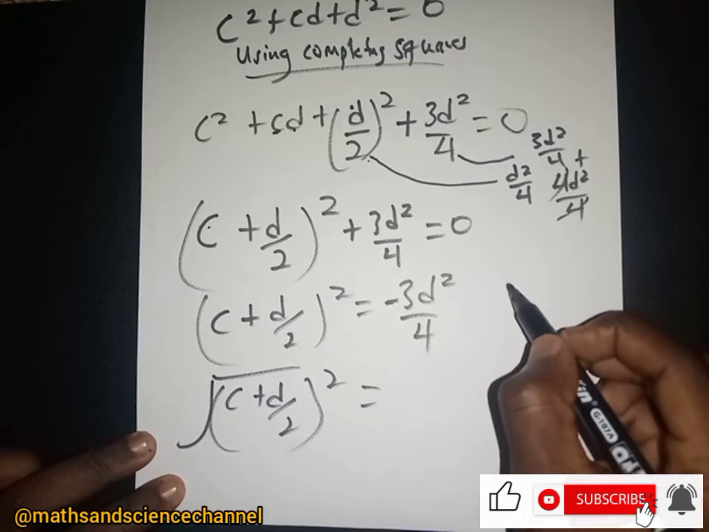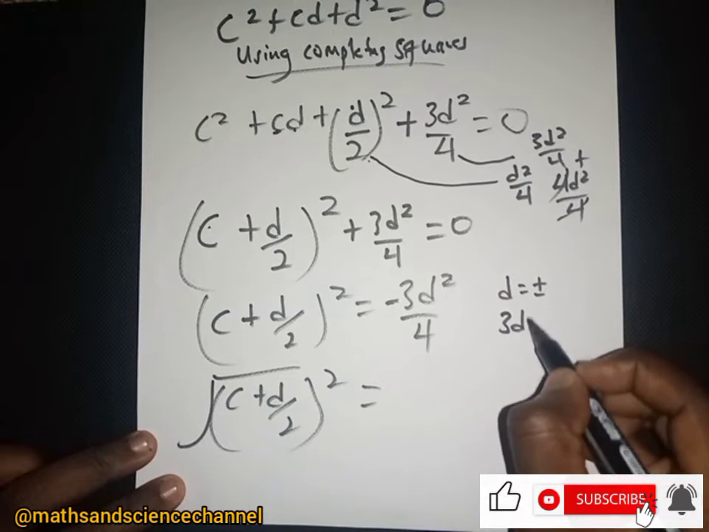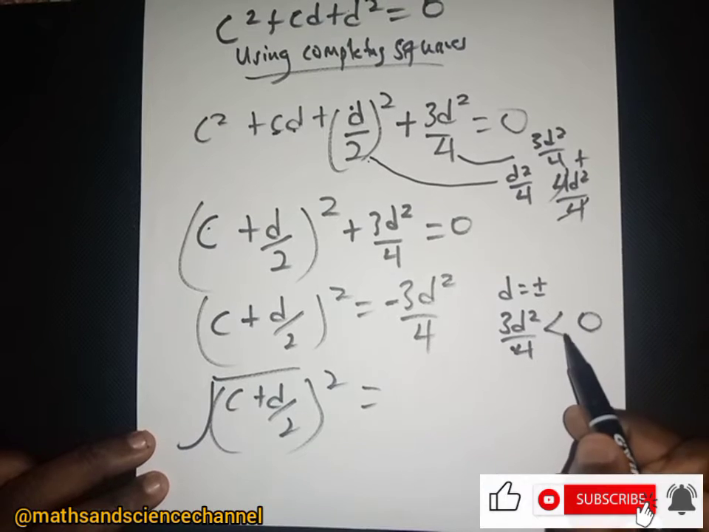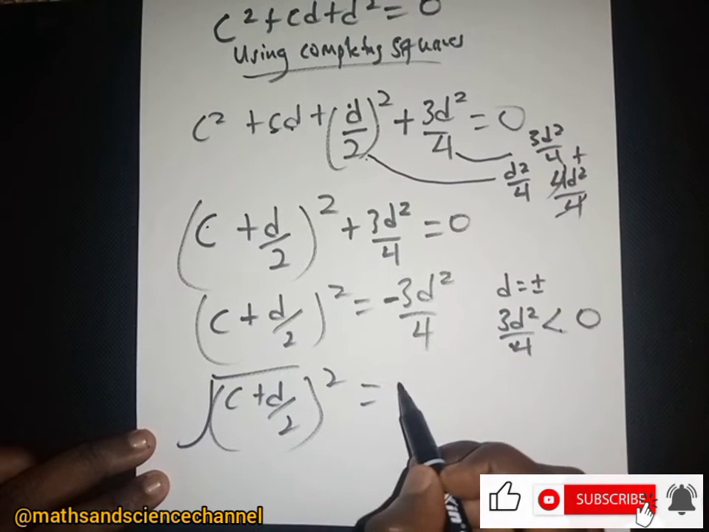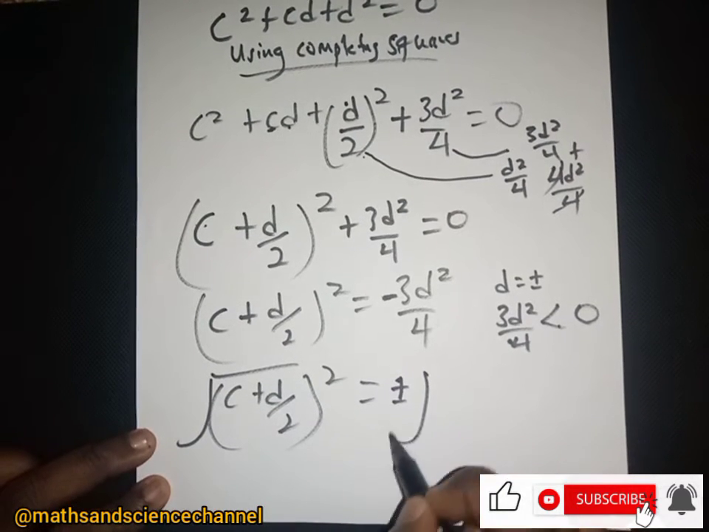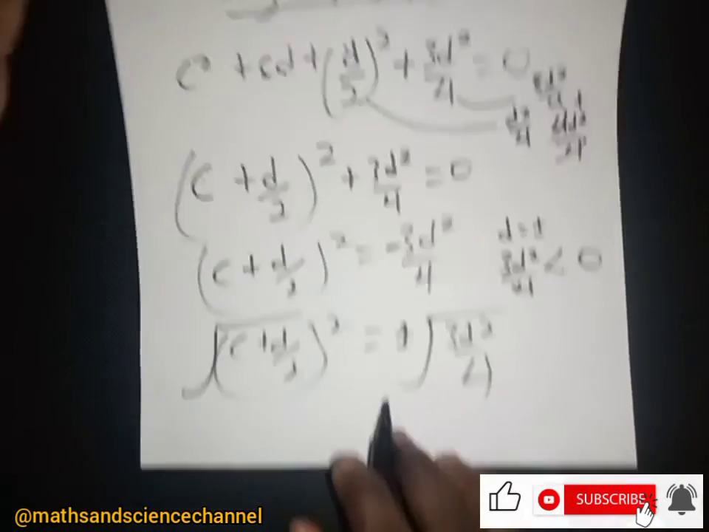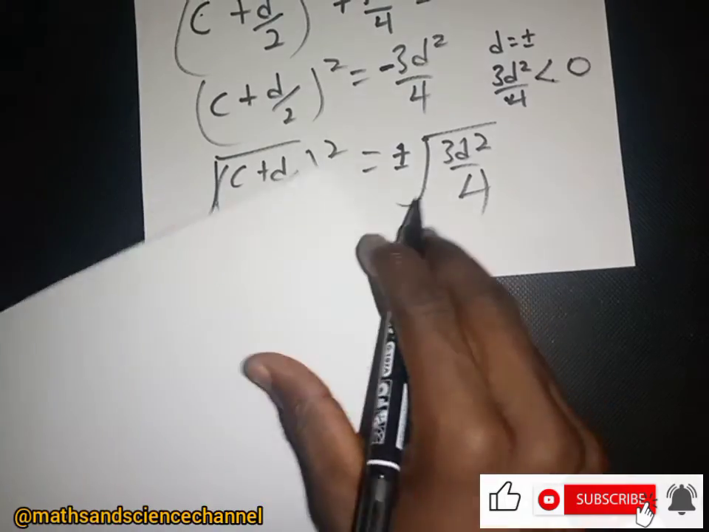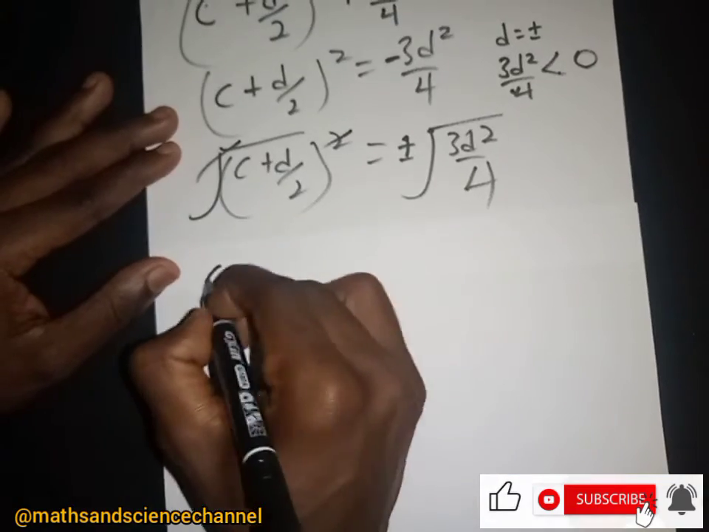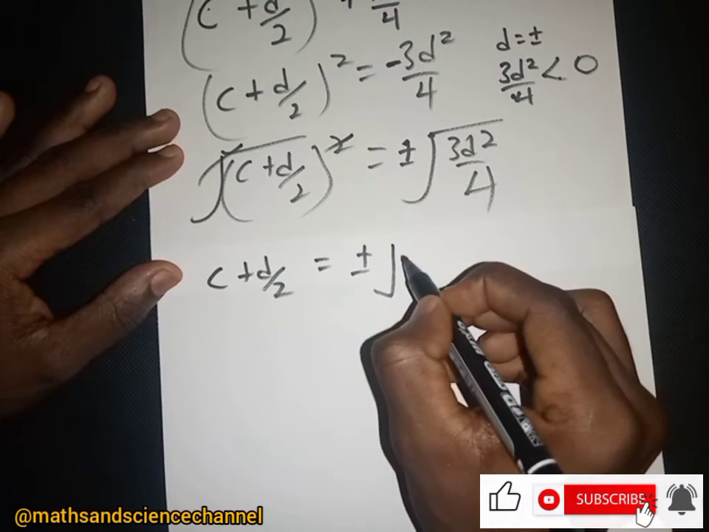Now if we look at this, for d being plus or minus, then 3d squared over 4 will be less than 0 because of the negative. So basically, when we take the square root, we're going to have plus or minus outside, then we have our 3d squared over 4, right? Okay, so let's further simplify this. From here we have this square cancelling the square root, and we have c plus d over 2 being equal to plus or minus the square root of